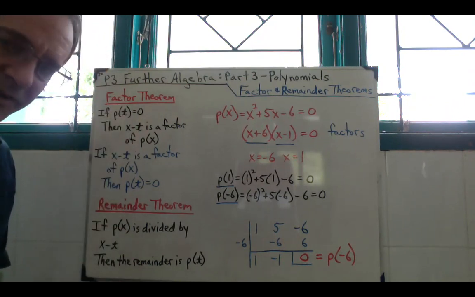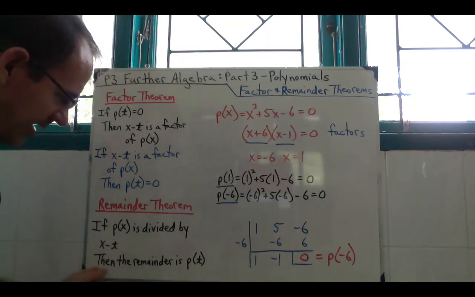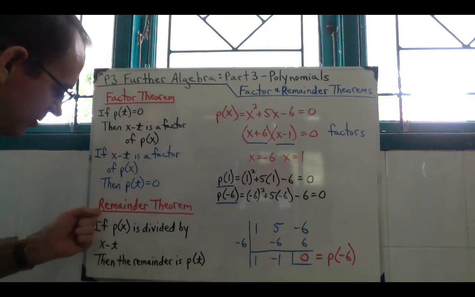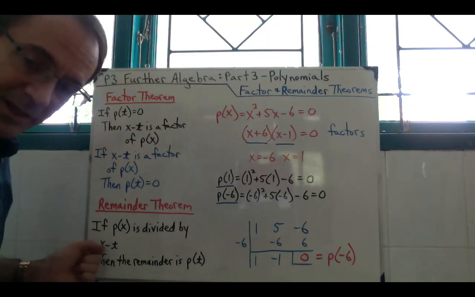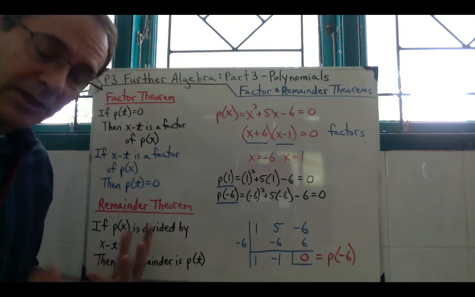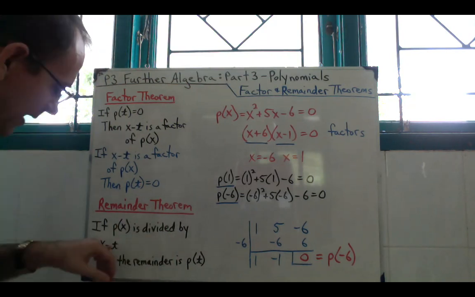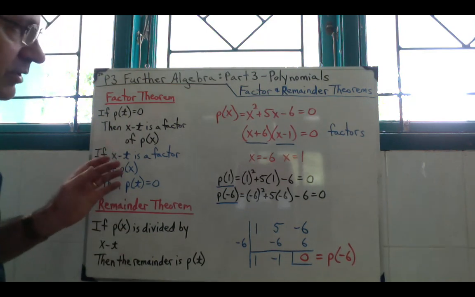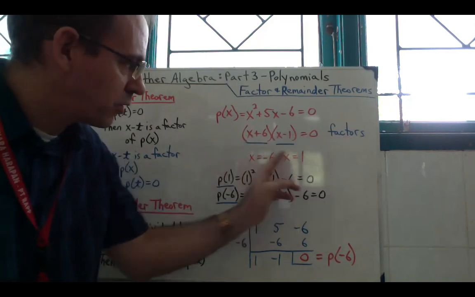Then the remainder theorem says that if your polynomial is divided by x minus t, then the remainder is going to be P of t, meaning that when you divide your polynomial by a factor, or by anything really, it doesn't have to be a factor, the remainder is going to be the same thing as if you evaluated the polynomial for that particular value, that is the value t. So notice the relationship of x minus t, which is written more in the factor notation, and t itself, which is more the solution